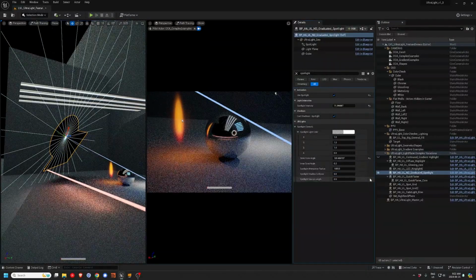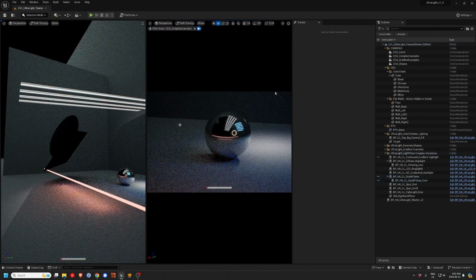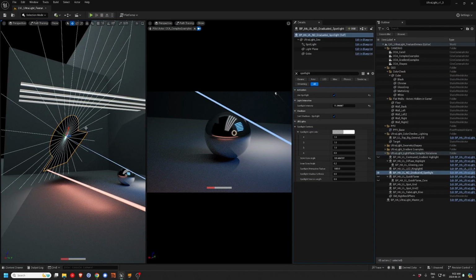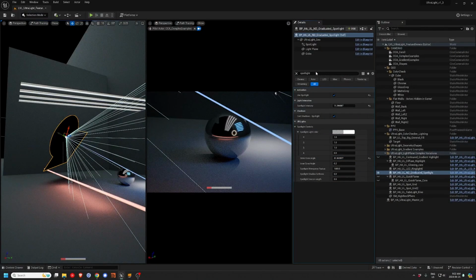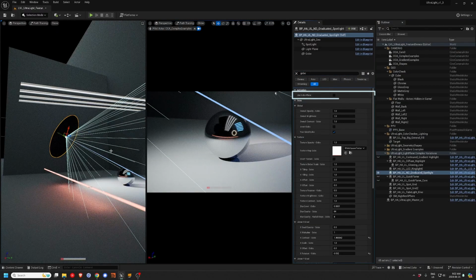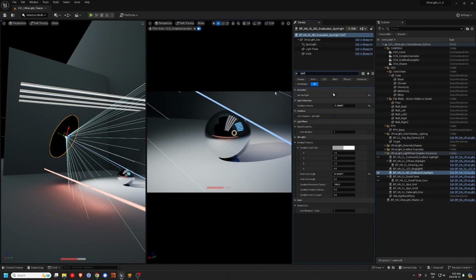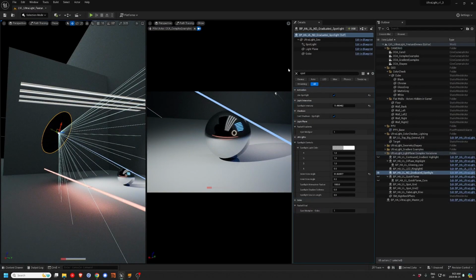Let's just reset these back to default so that we can see what's going on inside that candle. And that one. So with the Gobo on, obviously not a lot is happening. Let's tighten up our cone angle, and let's turn off the Gobo for a sec. Great. And spotlight. So now if we go back to using our Gobo,